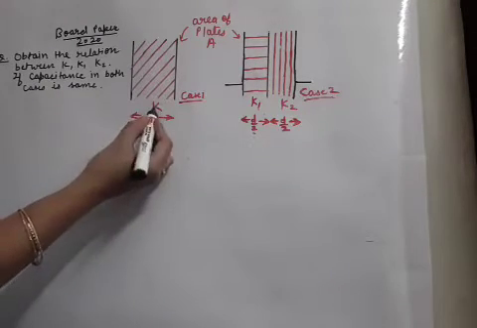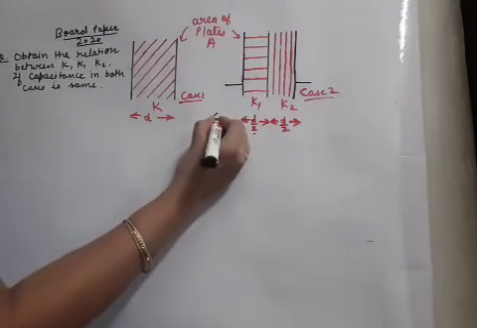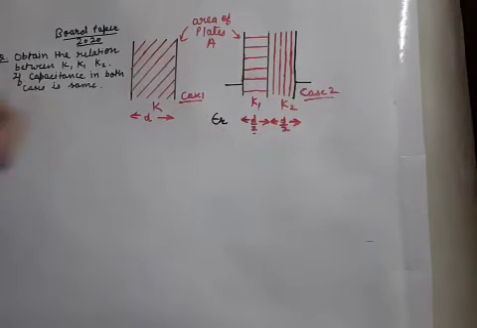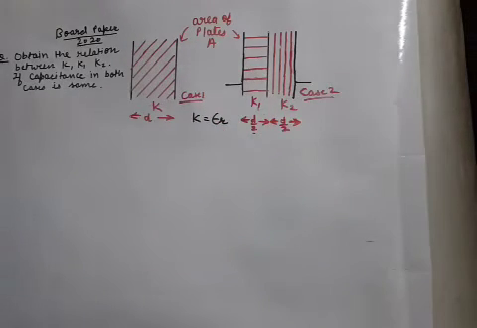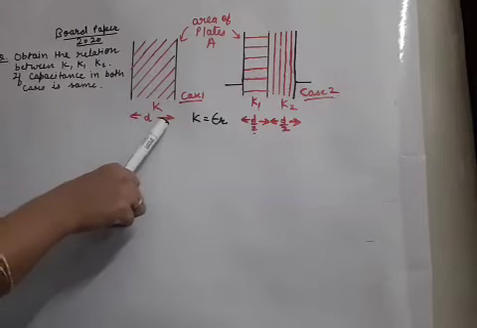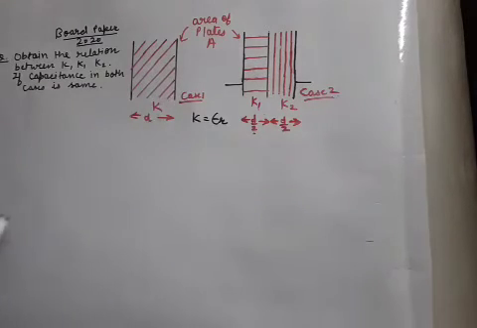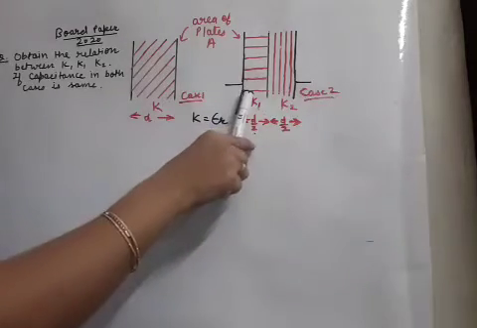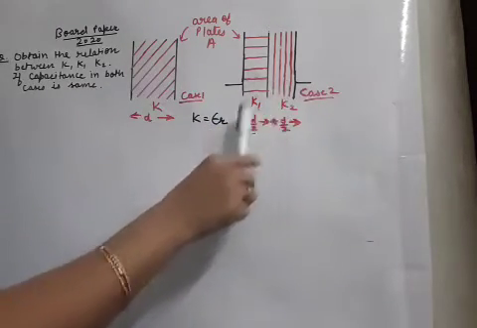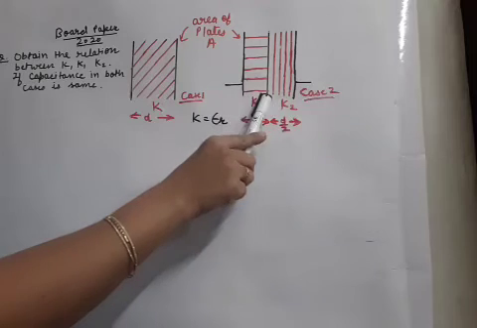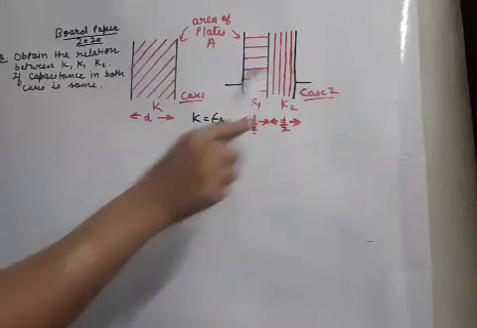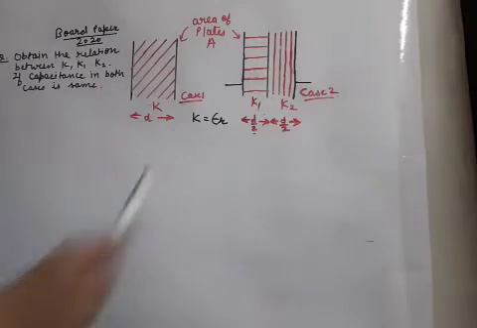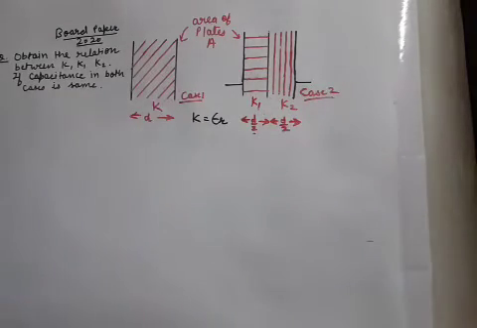Now here the K term is given. We can use epsilon r for dielectric constant or we can use K also sometimes. So the dielectric constant K is given. Then the same parallel plate capacitor is again filled but now with two different mediums, half and half. For the first half of the capacitor K1 medium is filled, for the second half of the capacitor K2 medium is filled. So these are the two cases.